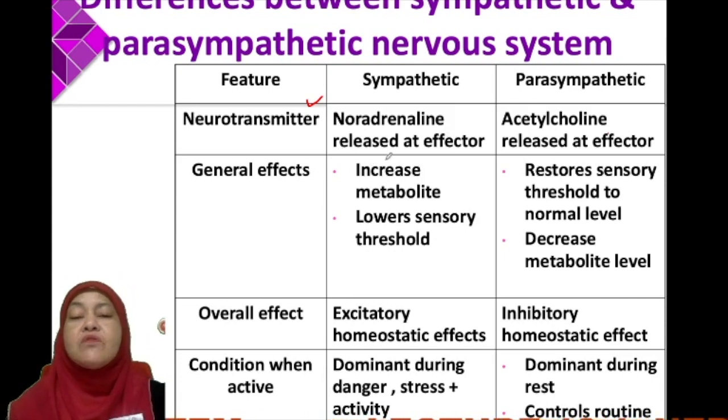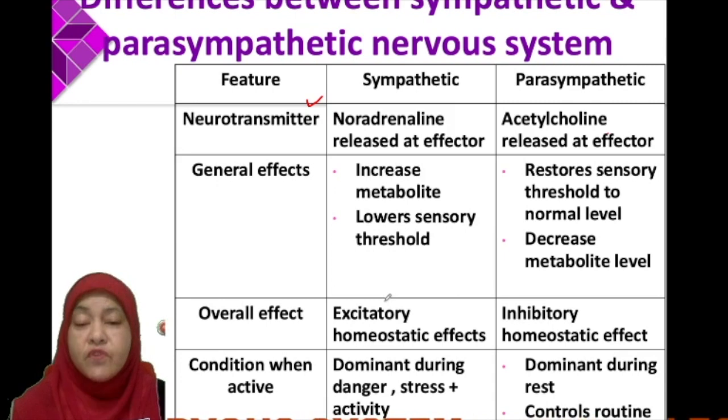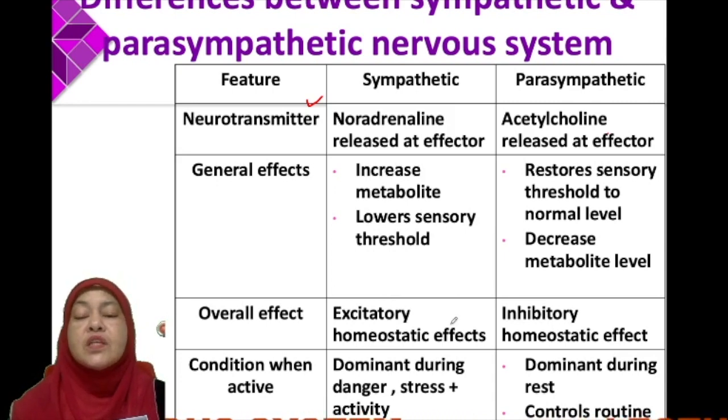The sympathetic will increase the metabolite level and lower the sensory threshold, whereas the parasympathetic restores the sensory threshold to normal level and decreases the metabolite level. As the overall effect, the sympathetic involves an excitatory homeostatic effect,